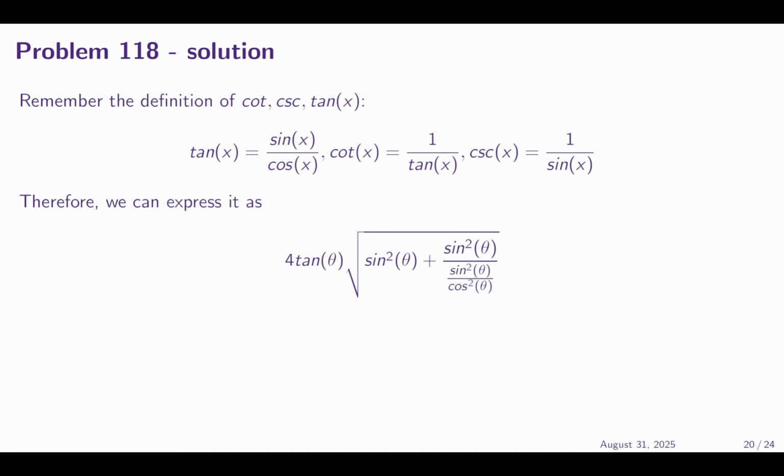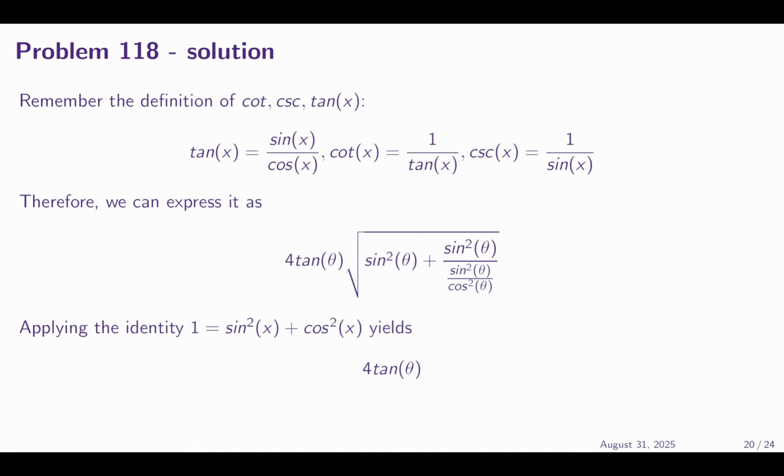Therefore, we can express this a little more simply as 4 tangent theta times the square root of sine squared of theta plus the sine squared of theta divided by tangent squared of theta. Now we can see that the sine squared in the second term under the square root are going to cancel out, and cosine squared is going to appear as the numerator. Applying the identity, sine squared of x plus cosine squared of x equals 1, that leaves us with 4 tangent